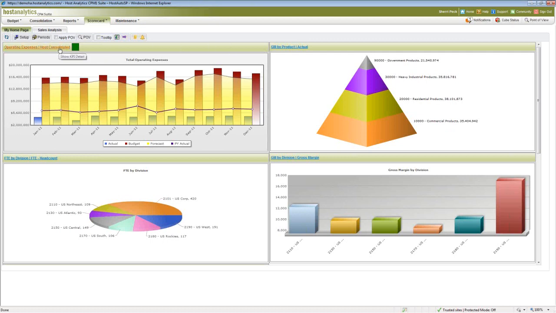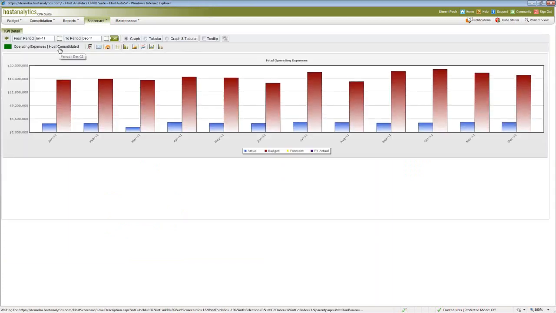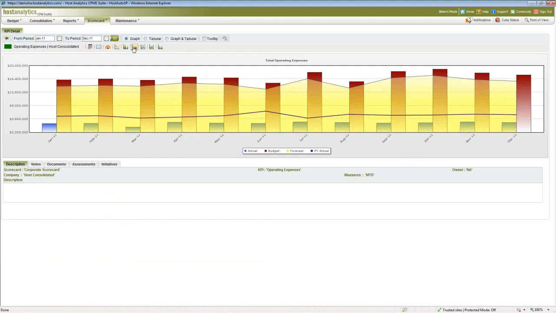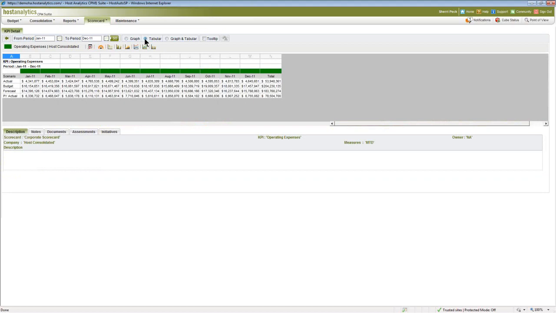So I can click on any of these and start drilling down to get information. You can see I've got different choices of formats of my graph. I can also email a graph to someone and choose different formats. If I'm really a numbers person and I'm so used to looking at Excel, I don't really know where to start to do research.